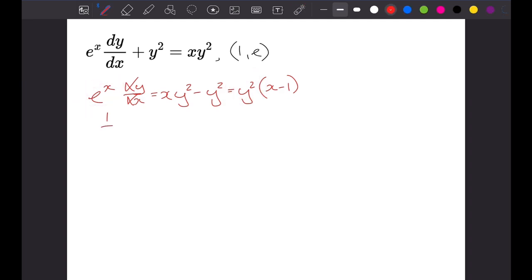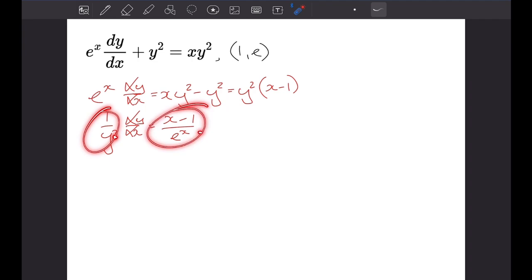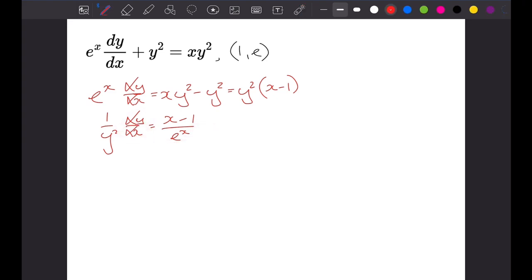So what we've got there is 1 over y squared multiplied by the dy/dx still, and that's going to equal x minus 1 all over e to the x. From here then, because this is separable, i.e. we can write the y's and the x's all separate, we can integrate by doing both sides separately. So this dx, we're effectively going to move it over here. The actual process is a bit more involved, but it ends up being always the same in the end,